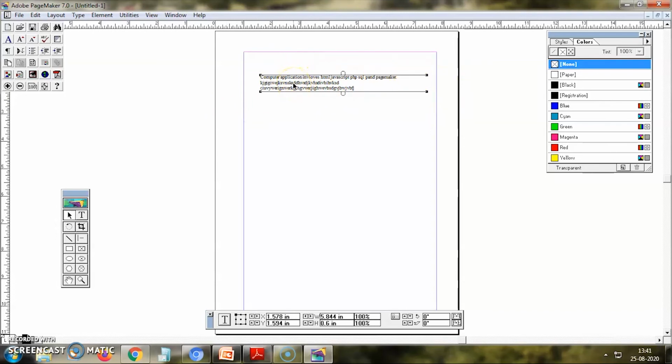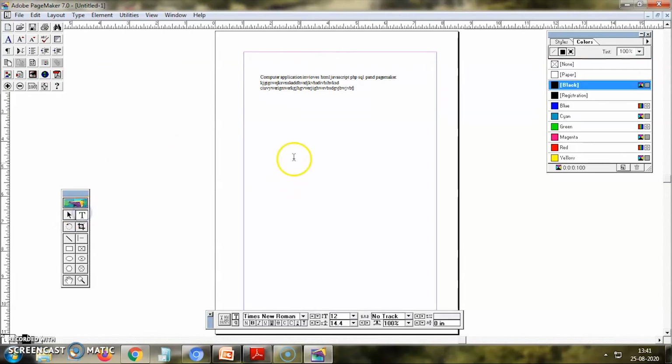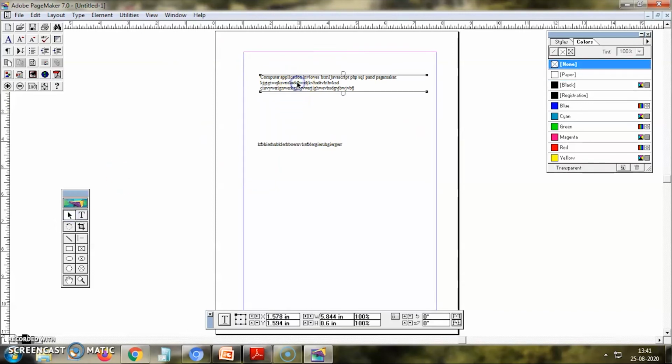Text block. Okay? So you first click the text tool, drag like this, and type inside it. Okay? So if you want to see it, click the pointer tool and then click on the text, it will be visible. Clear? So this is the text block. Now this is the text. Okay. So if you click again outside, that line will not be visible to you.